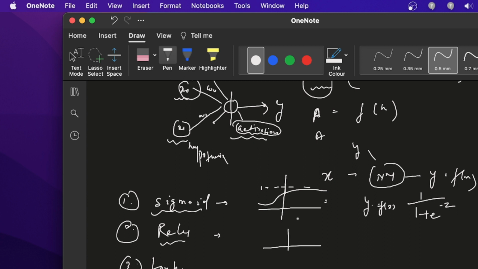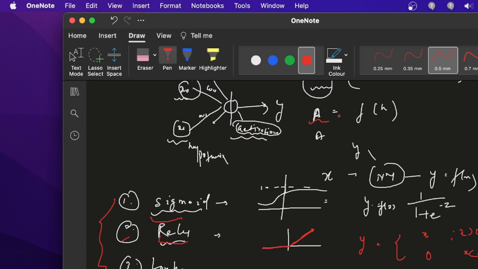The ReLU function graph looks like this. It removes the negative values and only focuses on the positive values. So the function is: f(x) equals x if x is greater than or equal to 0, or 0 if x is less than or equal to 0. Okay, the tanh function I don't remember right now, so I will discuss it later because I didn't use tanh in most cases. So you see these two or three functions, sigmoid and ReLU, and we are going to use these as activation functions.